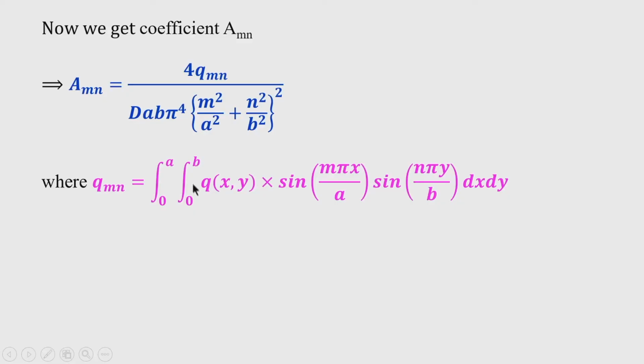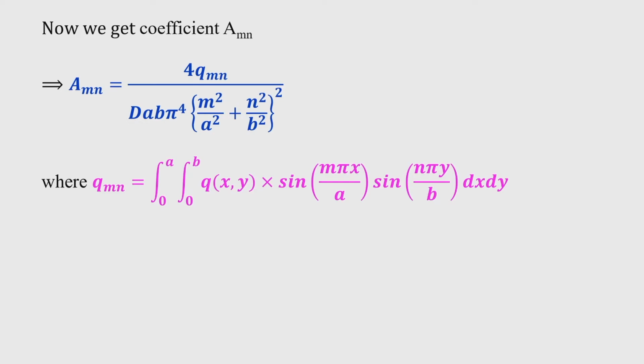So, all this kind of load can be incorporated here. Okay. So, q x y is the loading function that we have to know, and then after integration of this quantity we can now find a m n. Now, once a m n is found out, your deflection is known. So, the deflected surface you can completely know if you can find the a m n.